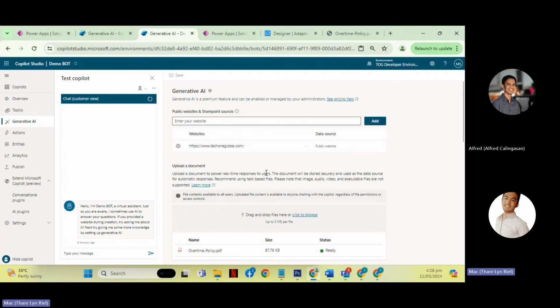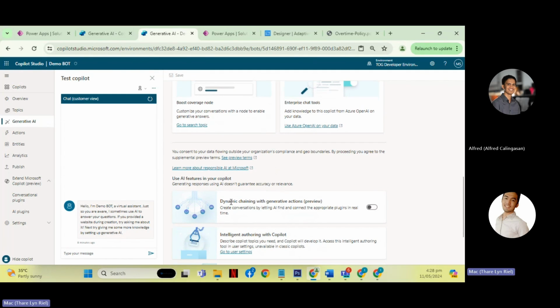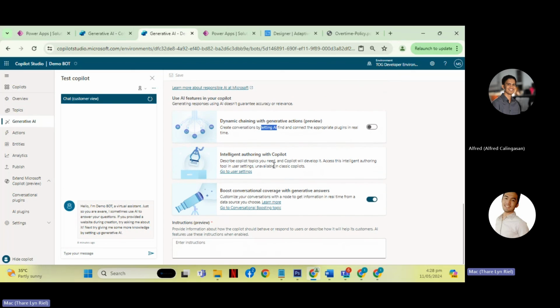The dynamic chaining will use that description. The AI will try to analyze what plugins should be the next action and so forth.